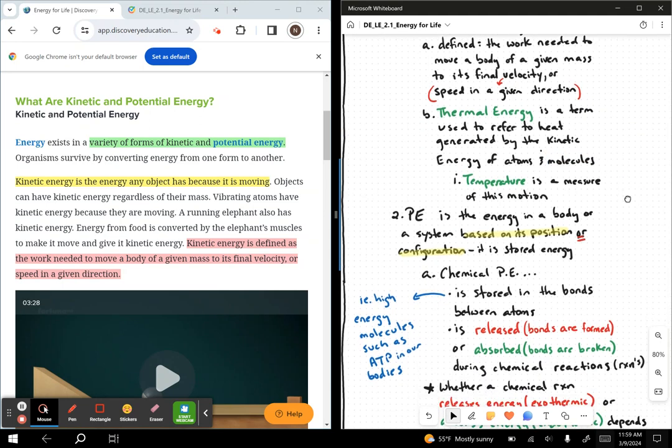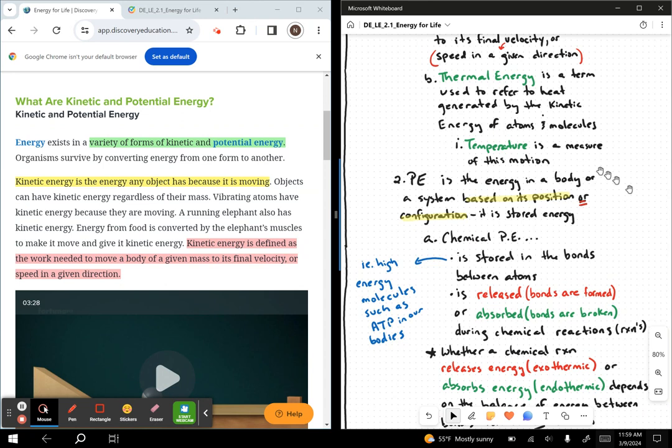Another term that you should be comfortable with is this idea of temperature. I'll review again. Temperature is simply a measure of this kinetic motion, right? If you have cold water, the molecules of water are moving slowly, and we stick a thermometer in there as a way to gauge how fast those molecules are moving. And we say it's at 35 degrees Celsius. That's just a way that we indicate the movement.